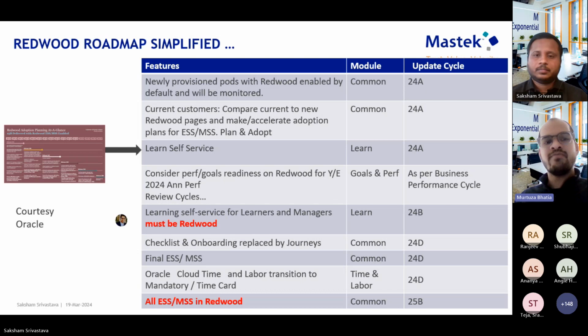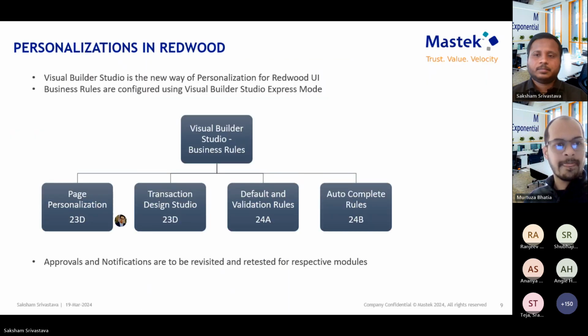So these are certain timelines released by Oracle, but I would say there is more to come on this. With every release note, Oracle is releasing other announcements, and as and when we receive those, we will translate that to you. Okay, so this is in a simplified way. We just wanted you to understand what are the key items that you should focus on when you are planning your Redwood transformation process. Moving ahead,